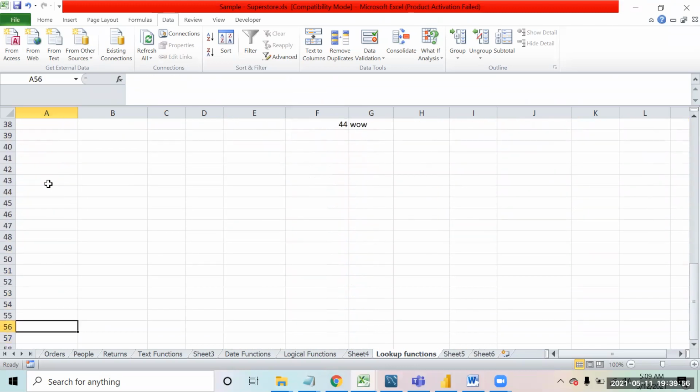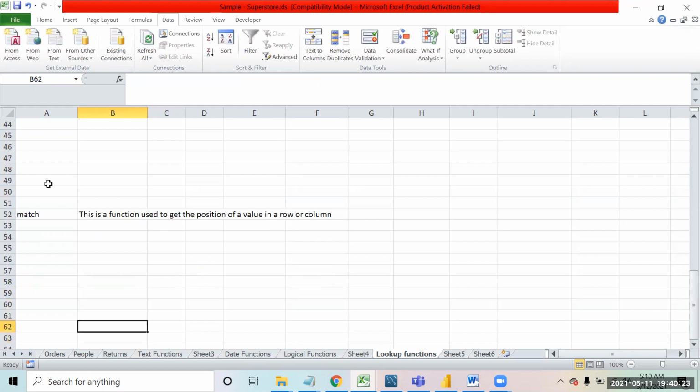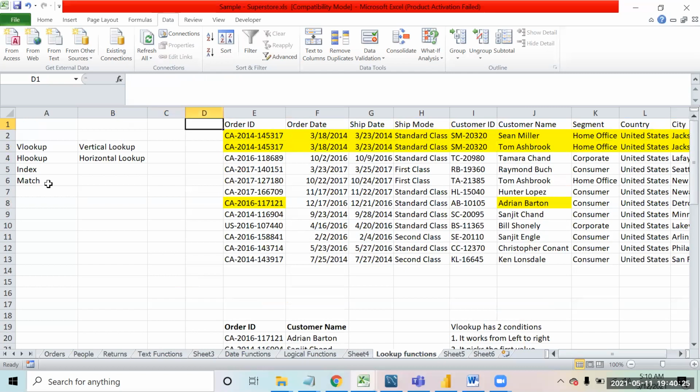First of all, I'll be starting with the function match. This is a function used to get the position of a value in a row or column. For example, I have some names with me. Let me copy these customer names.